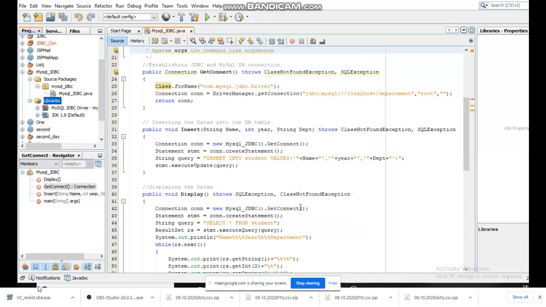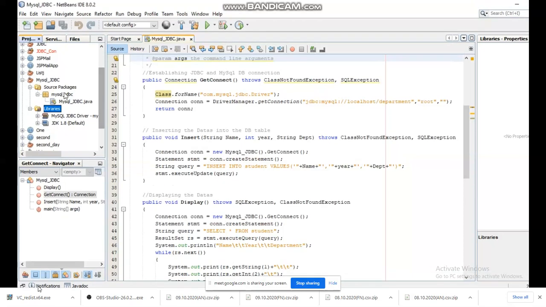Now I have added this library into the corresponding project. I have added the MySQL JDBC driver because it is necessary so that these functions will work. How will it connect with my MySQL? For that it is necessary. That has been mentioned.